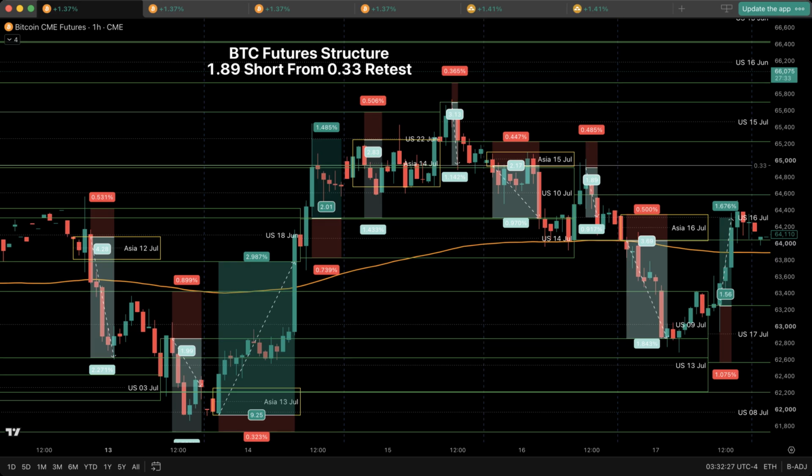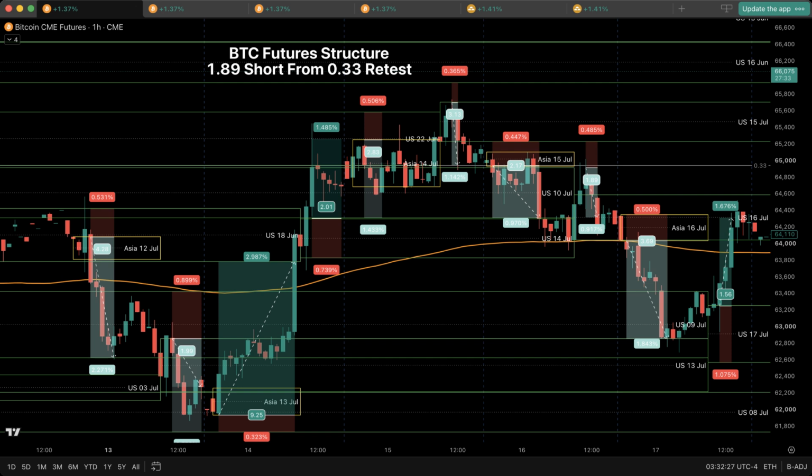That same line is weekly 0.33. Price cannot stay there. The short opens. Entry: July 10th U.S. upper boundary. Stop: July 15th U.S. lower boundary. Target: July 16th U.S. midpoint. Risk-reward ratio: